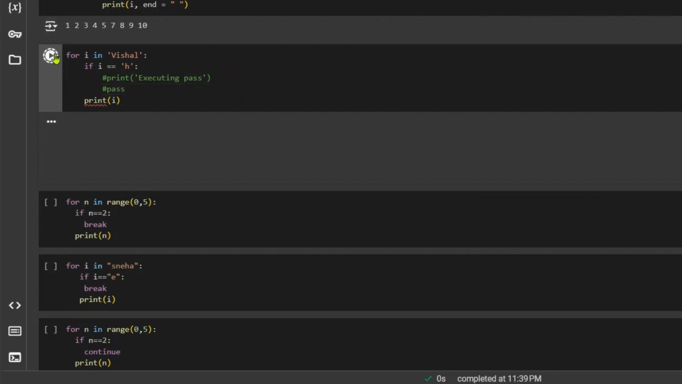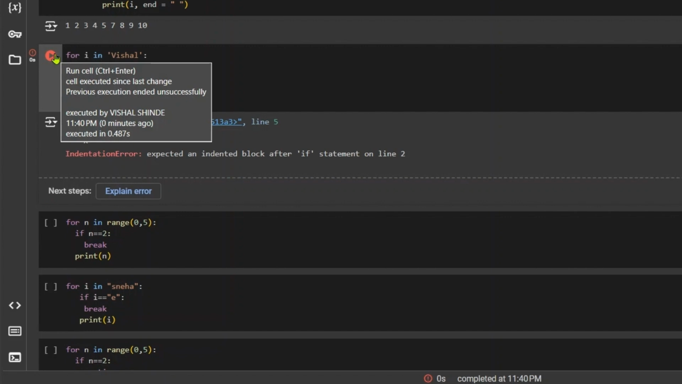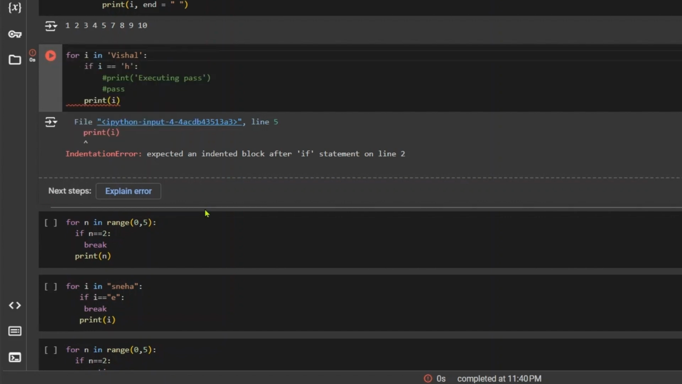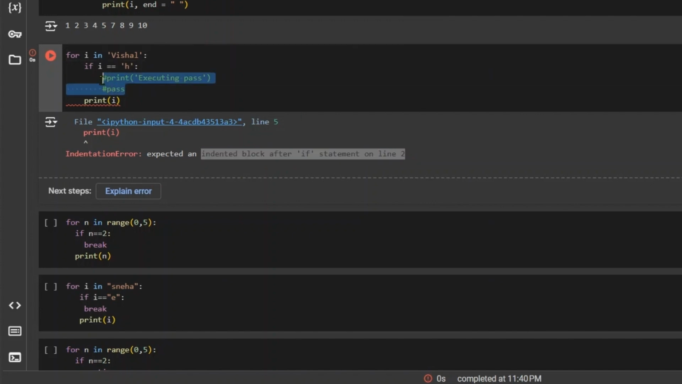Let's just see. It gives an error stating that it is expecting an indented block after if. So it is actually looking for some statements in the if block, as the syntax for an if statement is like that. So it is expected to have something in the if block, and that's why it is giving an indentation error, because